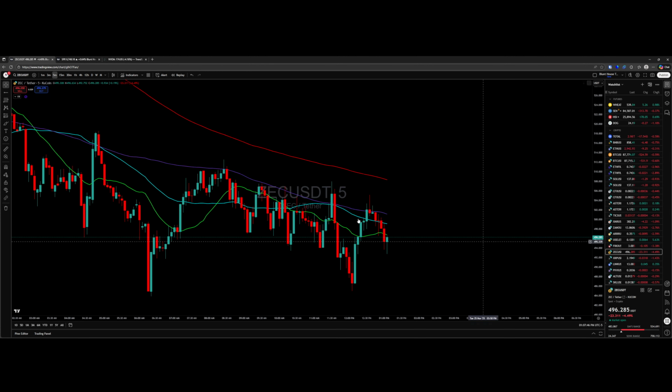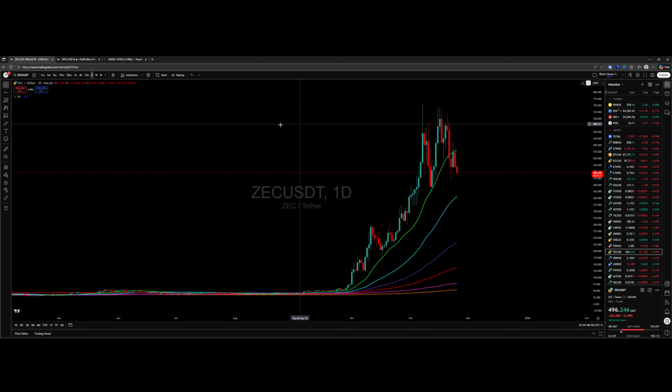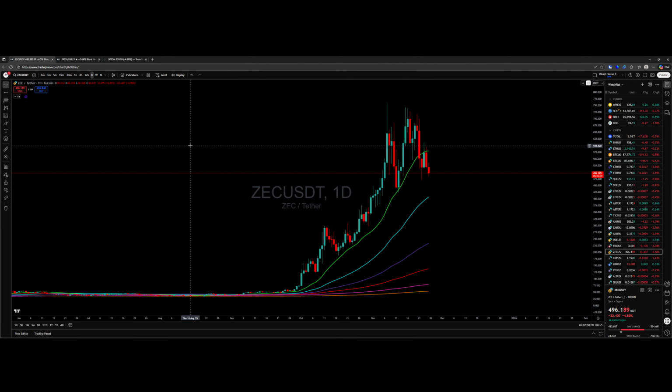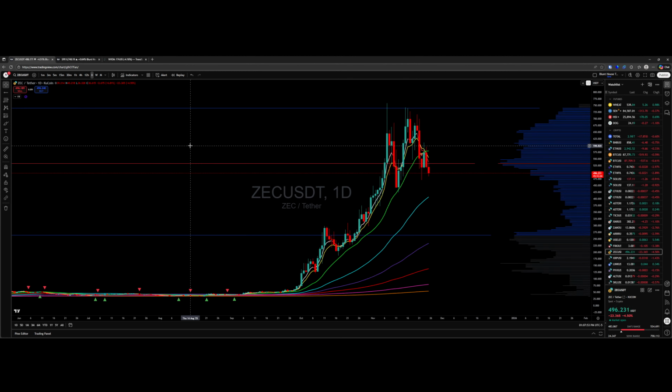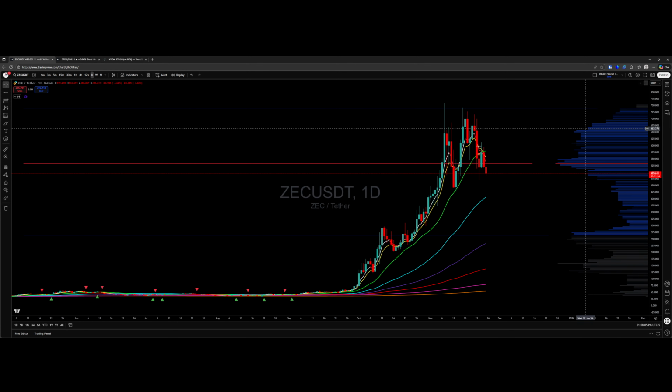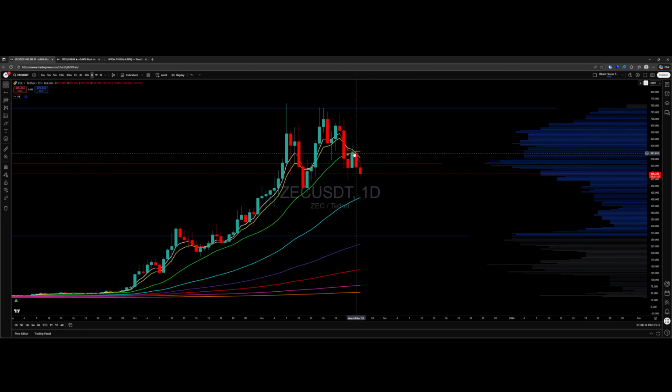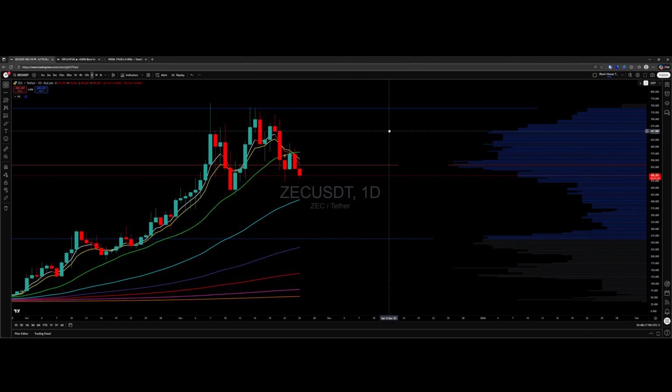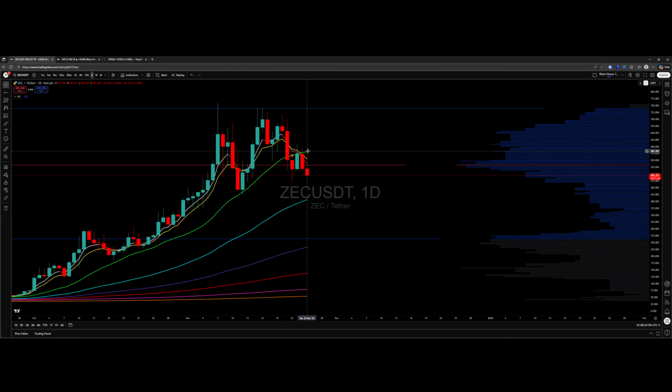There we go, Zcash. So there's the daily for Zcash. Parabolic price movement, right? What happens? It fans out all your levels. I'm not showing you something that I haven't showed you before. Broke one level. There's the 20. Price came back to the 20. Broke it. You can even see on this candle here, these two candles really did make an effort to try and break higher, but failed. Can't break the T-line. Can't break the 20.